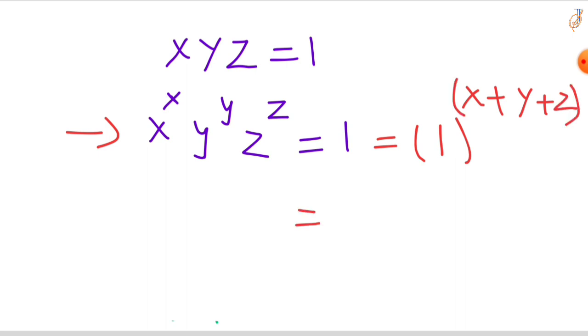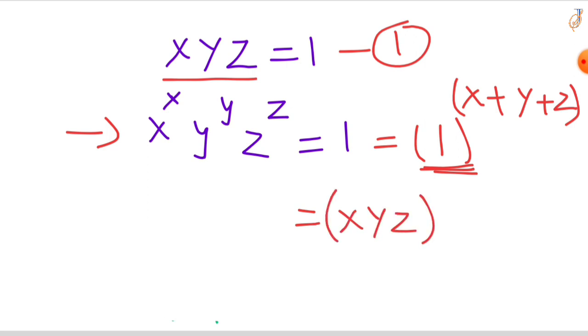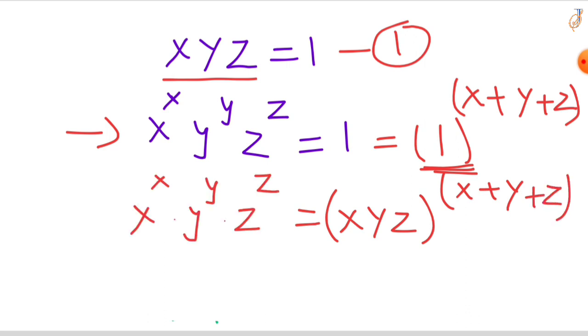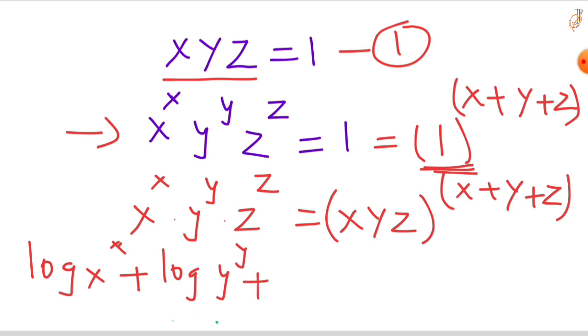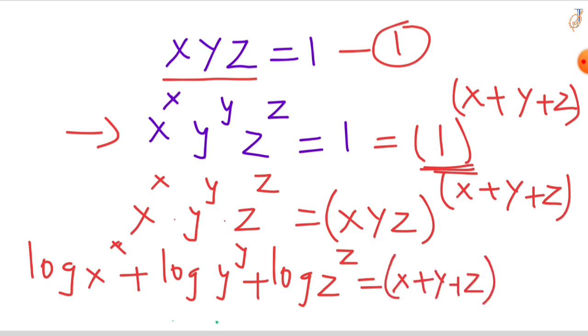Now instead of 1, I am going to write xyz. I am going to take xyz raised to the power of x plus y plus z. Take log on both sides, then this equation becomes log x raised to the power of x plus log y raised to the power of y plus log z raised to the power of z, that is equal to x plus y plus z times log x